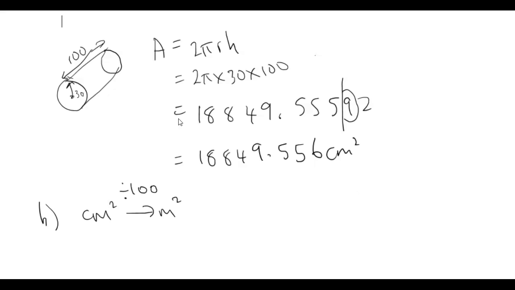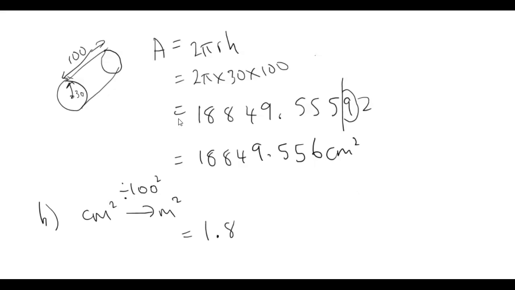And because we're working with area, we have to square that. So you can put this in your calculator and divide by 100, but basically this decimal place is just going to be moving 4 spots because we're dividing by 100 squared, which is 10,000. Just trying to visualize the number in my head. So we're going to end up with